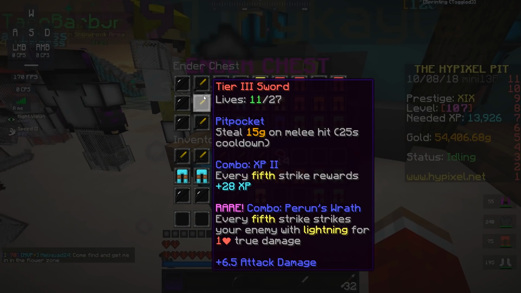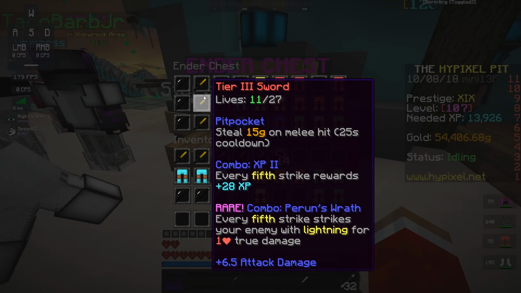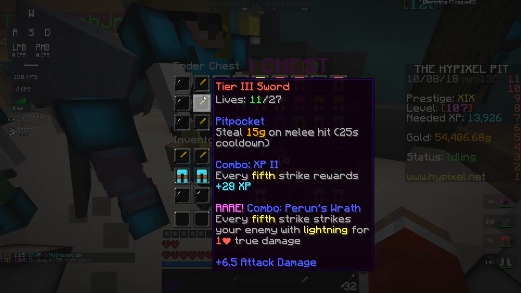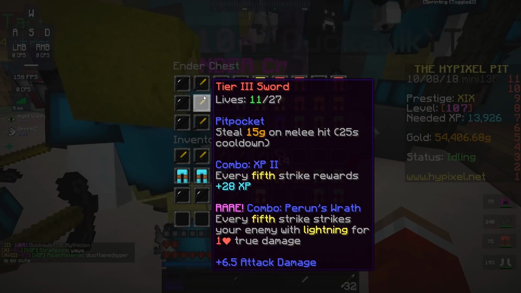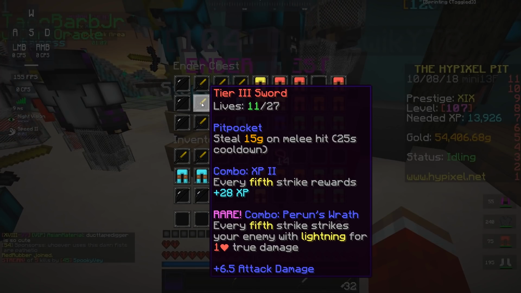Obviously for fighting though, it doesn't really help that much. The main thing on this sword though is going to be the Combo Prune's Wrath rare, which is the lightning sword I have. Every 5th strike strikes the enemy with lightning, and it does 1 heart of true damage. So yeah, that's pretty good, although there is quite a bit better than this if you have like